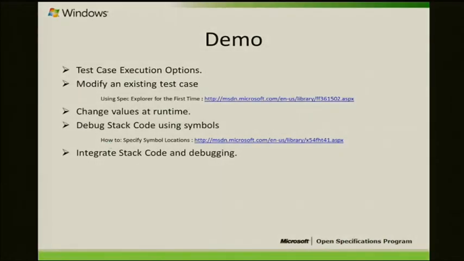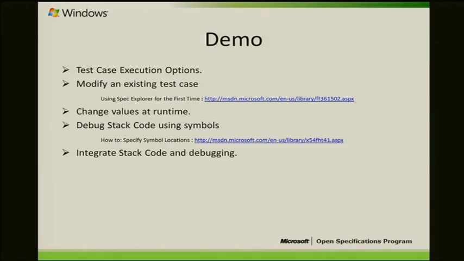First one is test case execution options. There are 2 options: either execute test cases from the command line or from Visual Studio. The other is how to modify an existing test case. Sergey already covered most of this, but if you want, there are some MSDN references where you can go and learn how to make changes in the model, and then how to change values at runtime in the adapter,